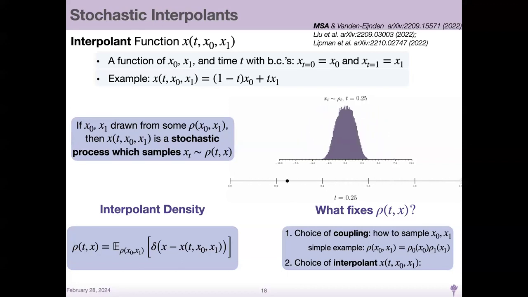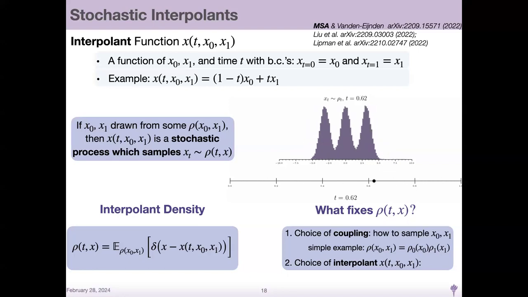So you could visualize this by drawing samples at any time slice, by drawing an x0, drawing x1, constructing the interpolant, and you get this sort of smooth transport between the Gaussian and the three-Gaussian density that I was talking about. In fact, we can state what this density is formally, but it's not super useful to think about. It exists. This is a way of defining an intermediate density, some path in the space of measures between the two that we thought about.